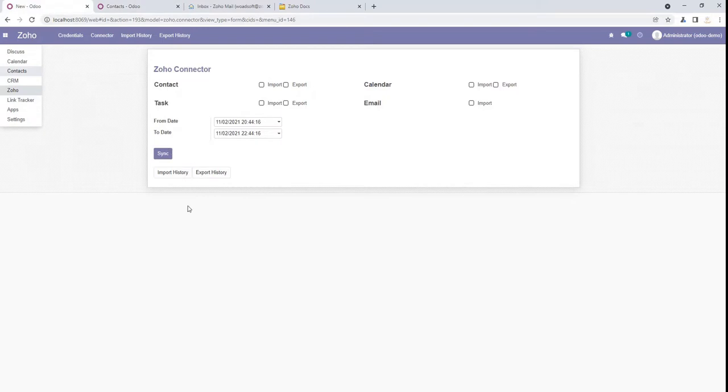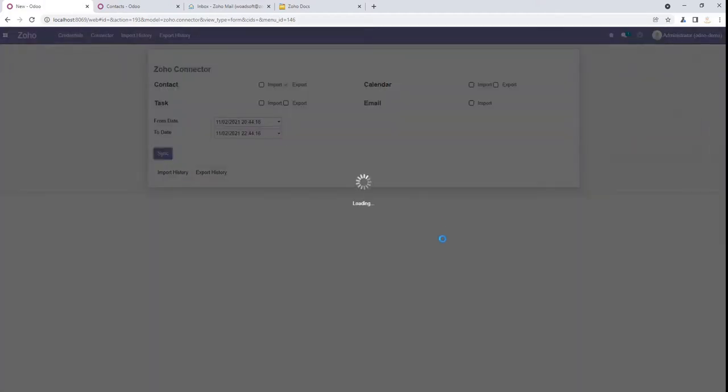We are going to export the contacts in a specific span, so I simply click the sync button. It will take a few seconds to perform internal background processes.